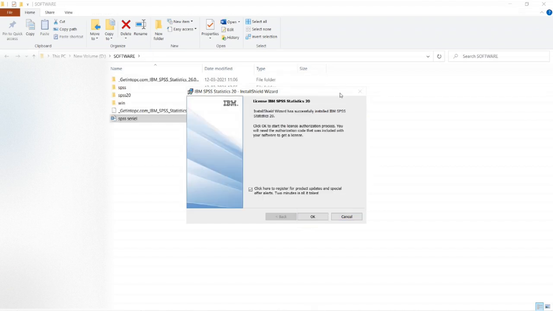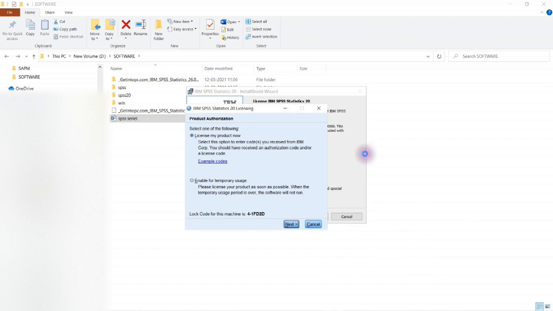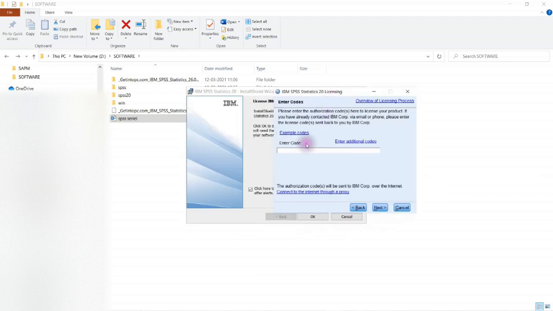Now in this window, click on OK. Then license my product now. Select license my product now, then click next. Click on next. Then here we have to enter the serial code.